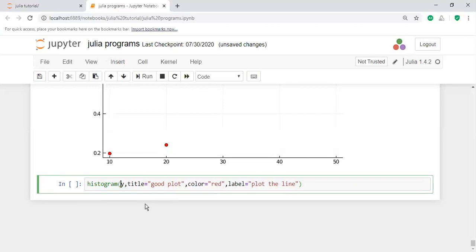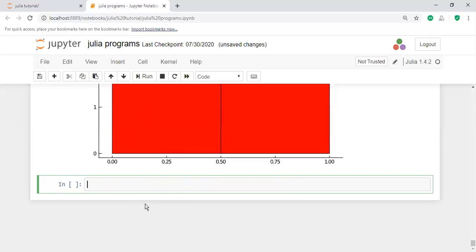Yeah, and that means for x and y you may take the histograms here.